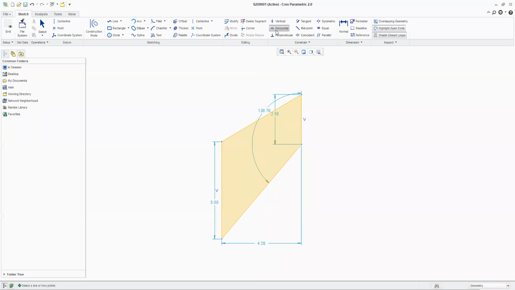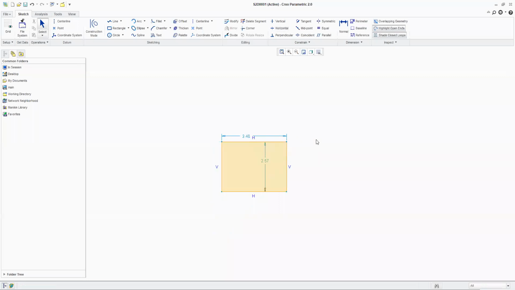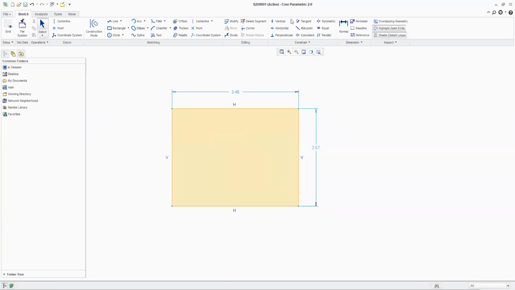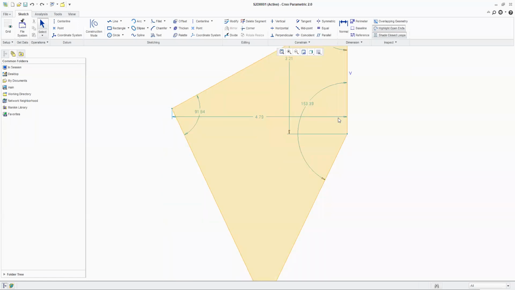Okay, I am taking horizontal. I am coming on this object and clicking, and on this object and clicking. You will notice that all the constraints are taken. Understood? So that is the difference. The command is in multiple mode. So what happens when it is in multiple mode? It is going to save our time. A simple difference between CATIA and Creo we found out.